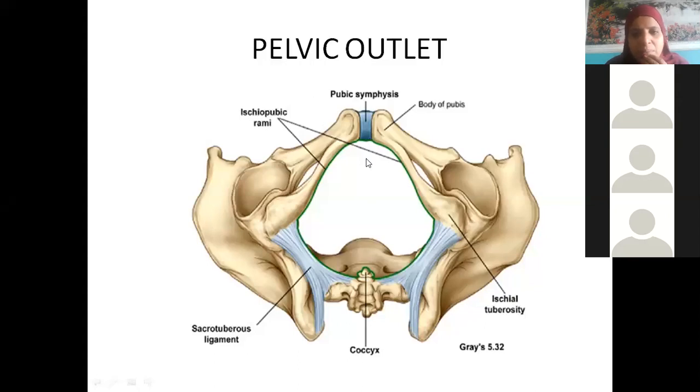Lokesh, what is the name of this measurement? Antero-posterior. It is coming from the front to the back, right? Hemalatha is right. Not diagonal. Anterior-posterior, from front to back. It is antero-posterior, this one. This is the front, anterior, and this is the back, posterior. You are measuring from here to here. So what do you call it?